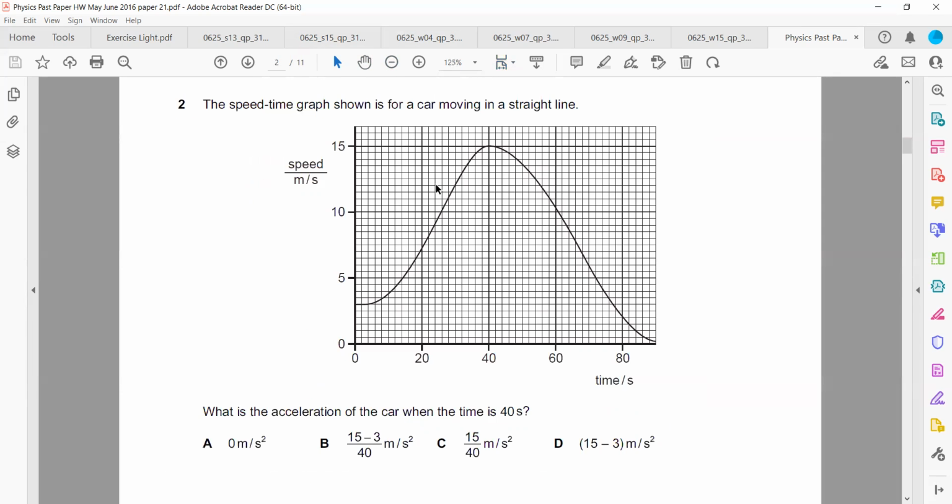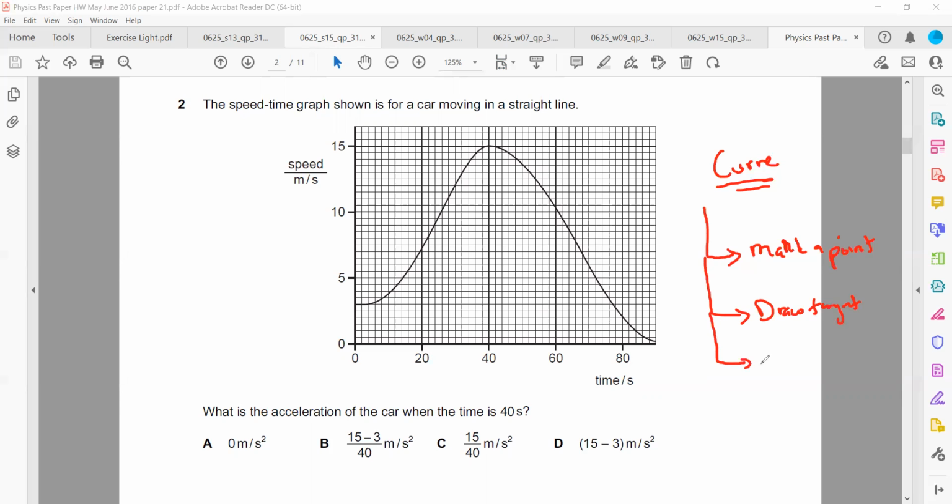The diagram shows a speed time graph for a car moving in a straight line. What is the acceleration at time equals 40? Remember, whenever we have a curve in a speed time graph, how do we get the acceleration? Whenever there's a curve, first we mark a point where we want to find the acceleration, and then we draw a